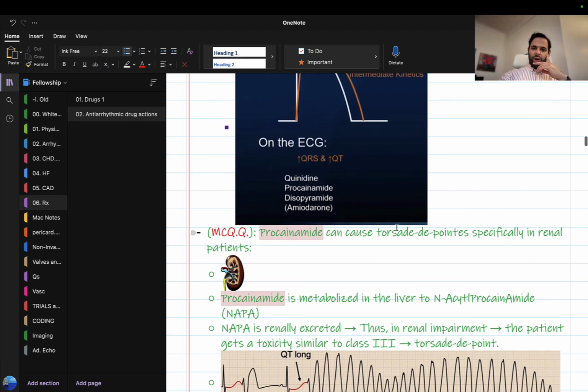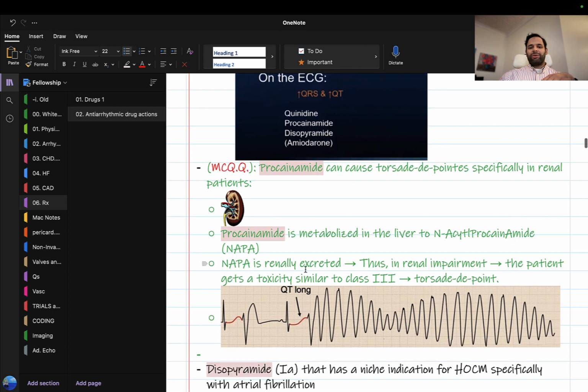Procainamide can cause torsade de pointes specifically in renal patients. So these are, again, 1A. This is a very commonly tested fact on the boards because procainamide, metabolized in the liver, will give a metabolite called NAPA, N-A-P-A, which is N-acetylprocainamide. And NAPA is renally excreted, and thus, in renal impairment, the patient gets toxicity similar to that of class 3